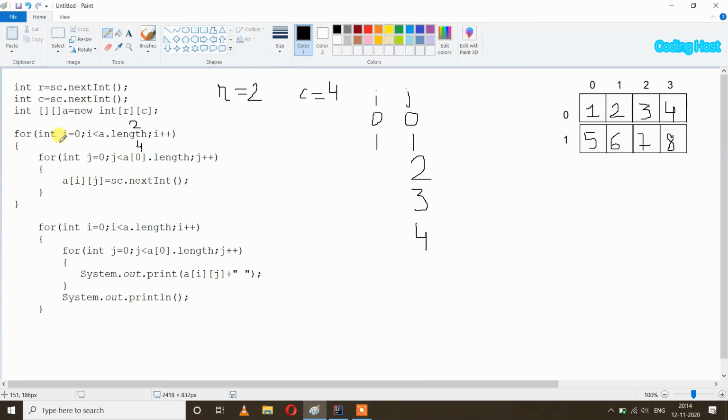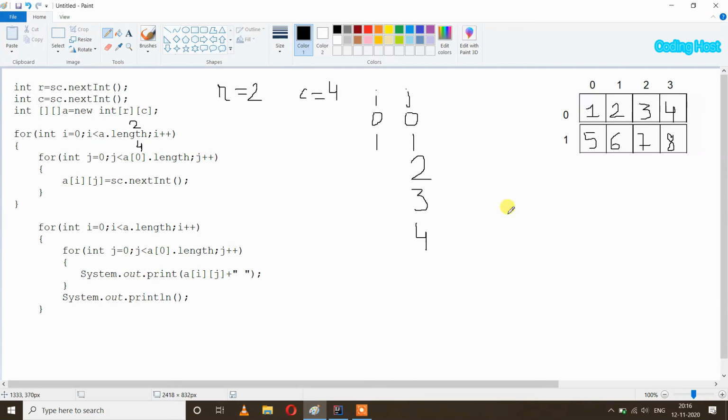So we will take input like this using these two loops, and after that we will use the same loops for taking output, and in the same order we will get the output like 2 rows and 4 columns. So if you have seen my previous videos of introduction to 2D array in Java, you will know the working of these for loops for printing the elements.